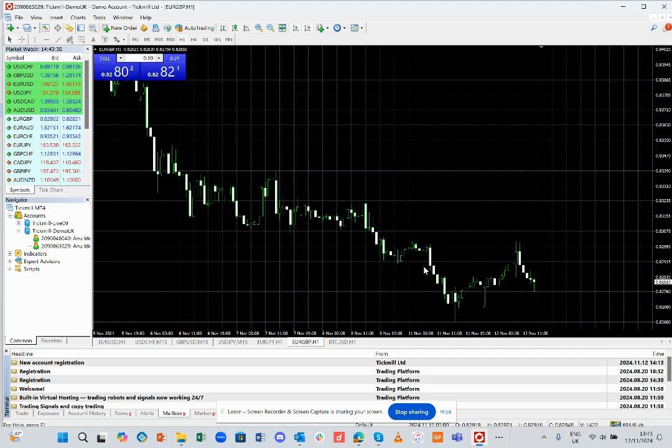So this is how to download and also connect your trading platform. So this is your app that you'll be trading with. If you close it,